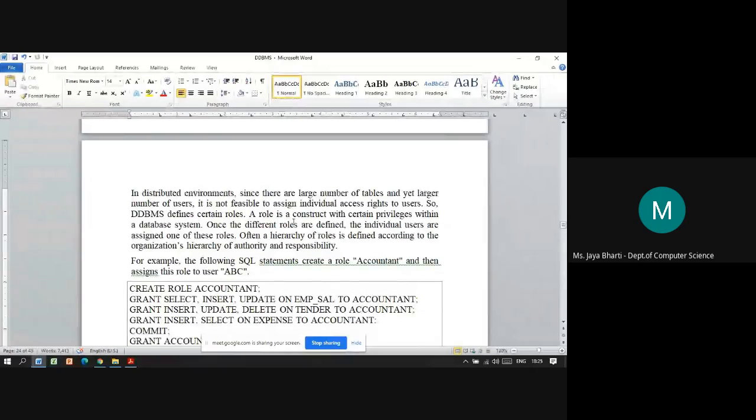Now in distributed environments, since there is a large number of tables and users spread across, it is not feasible to assign individual access rights to users. So a distributed database management system defines certain roles.